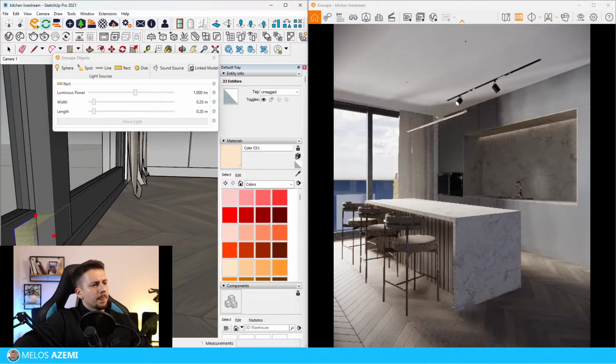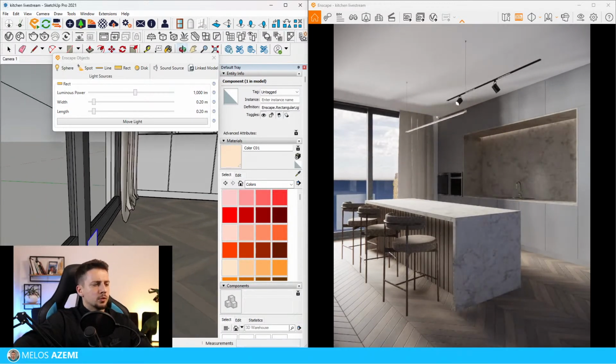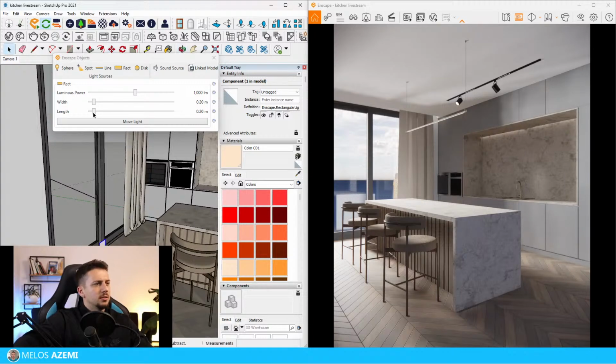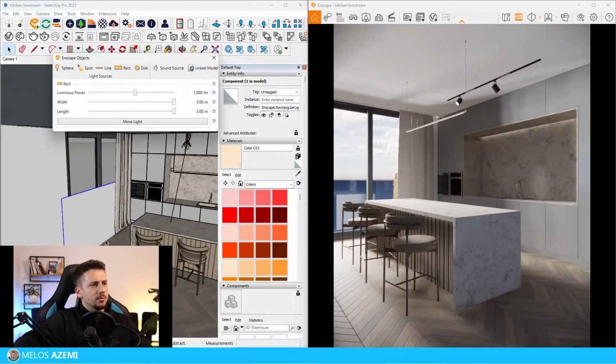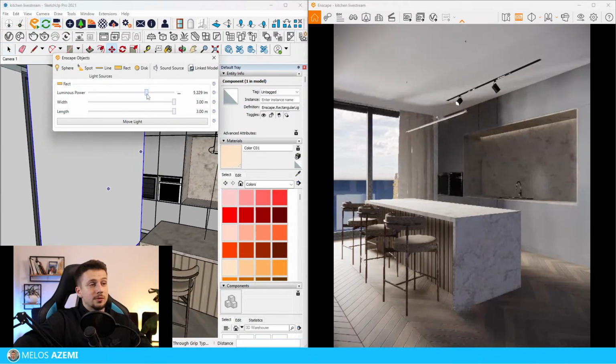But I think it's fine. I'll take the speed over a 10% increase in quality any time of the day, especially if you know what you're doing with Enscape, which a lot of people know nowadays, especially a lot of students from the